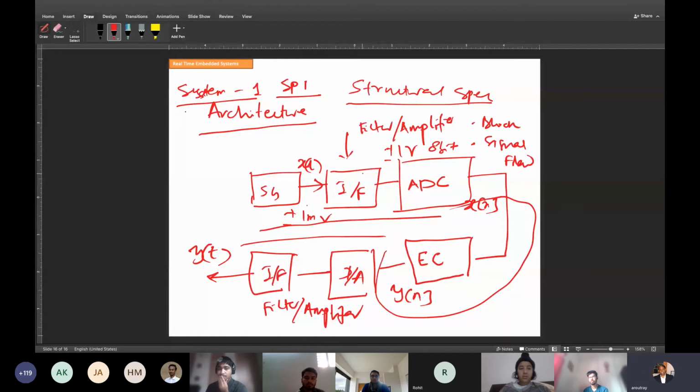So you should have an anti-aliasing type of filter so that the signal here matches the bandwidth of the ADC, because the ADC is sampling at fs and the maximum bandwidth is fs by 2. Bandwidth is how much it can accept. The signal bandwidth may not be within fs by 2, because while I'm speaking into the microphone, a lot of other noises come in, like this fan noise and other electronic noises. The AD converter cannot sample high frequency because the sampling time is limited. Otherwise, there will be aliasing. Therefore, there has to be an interface which will do filtering and amplification. Okay, so this will also match.